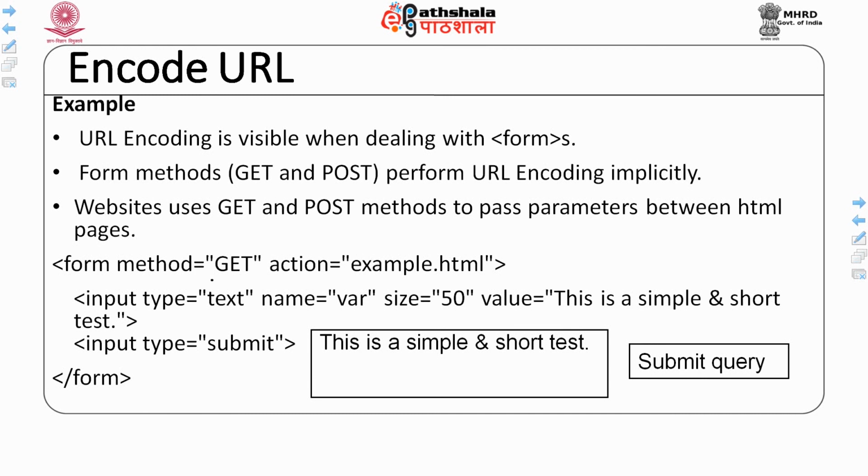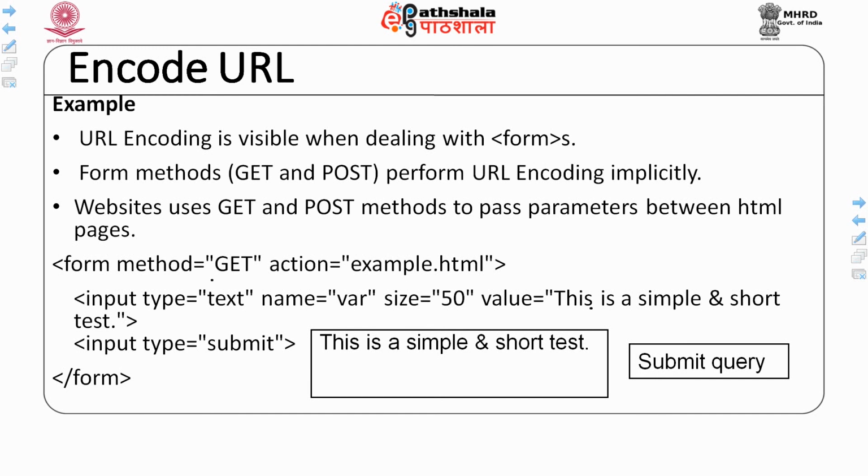If you correlate my discussion with the previous slide, this value has a space, which is not a part of a valid URL. As you know, it is a get method, so this has to be passed as a part of the URL. So, we have to convert this space to some other character, since it has a special meaning. So, it has to be converted.